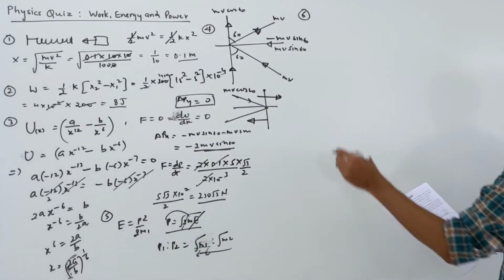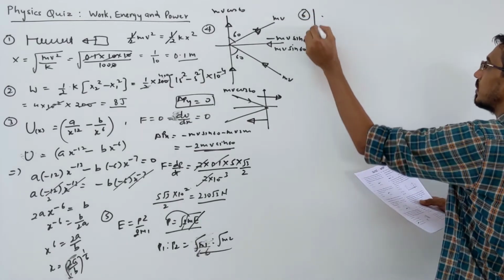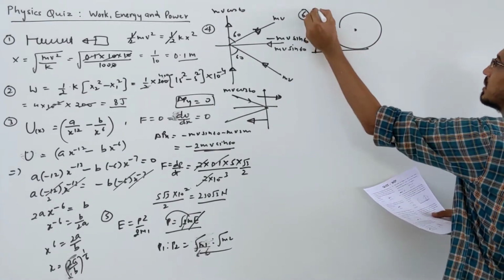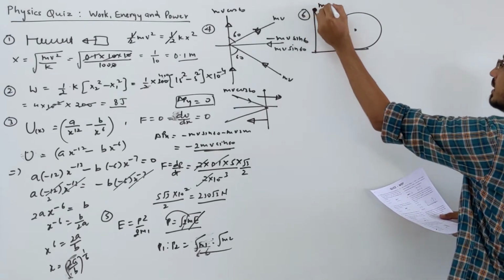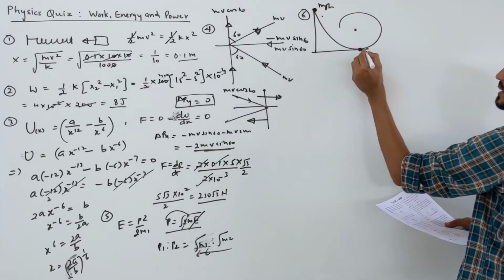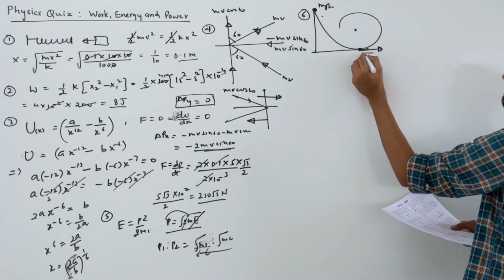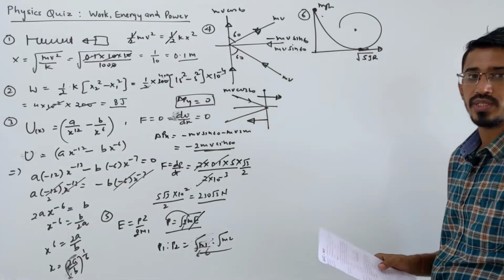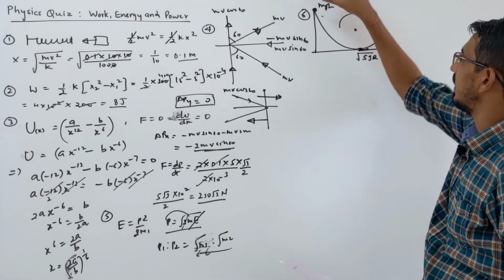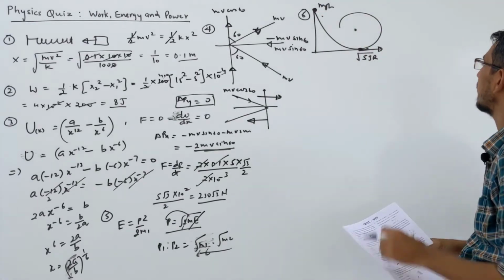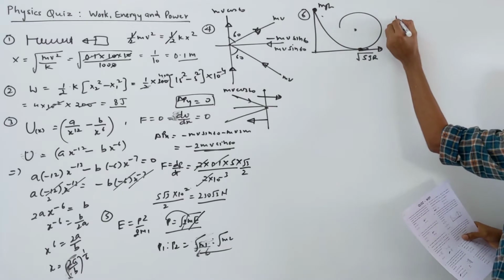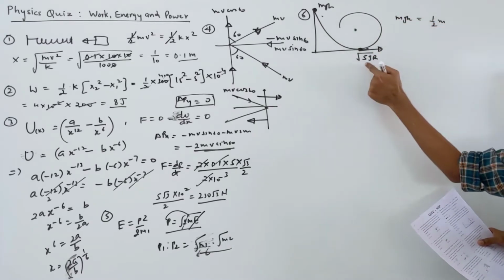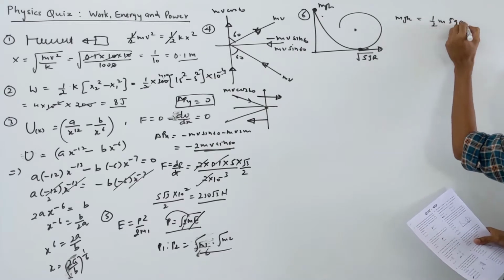So you can write simply conservation of energy, both principles together. Sliding from that height, at this point it has potential energy mgh. Then at this point you can write kinetic energy. We know that to make a complete loop, the minimum velocity at this point we need is root 5gr. So we write conservation of energy from this point to that point. At that point we have potential energy mgh, which equals kinetic energy half mv square, where v square is 5gr.